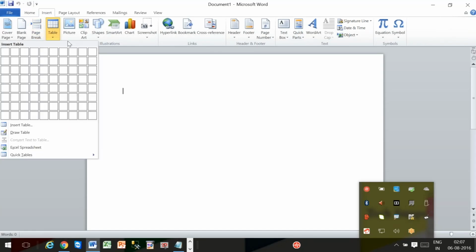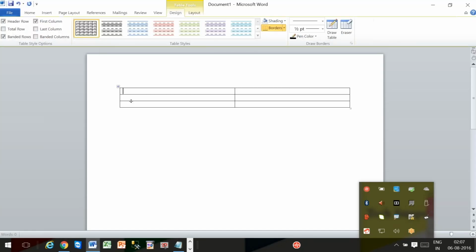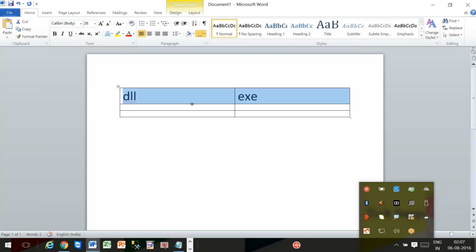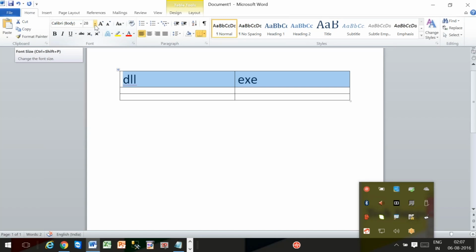Comparing one table, you can observe two columns. First is DLL, second is EXE. Clarity on these two is important. What is DLL? What is EXE? DLL stands for